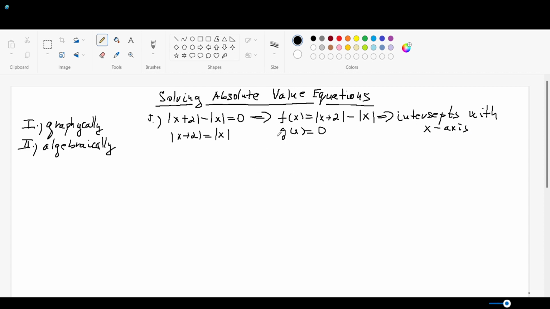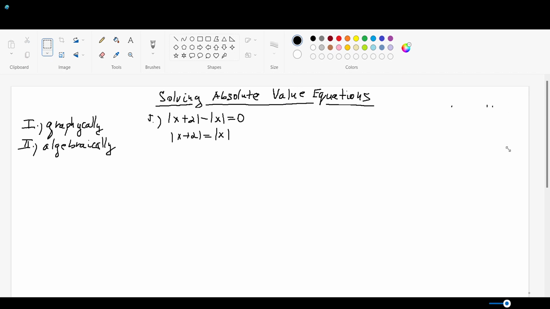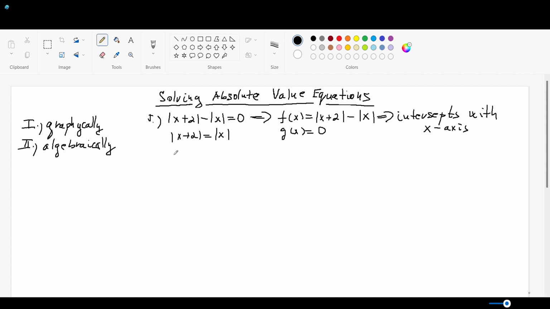But as you will see, to solve this equation graphically, the easier way is to solve this equation, but it is of course the same equation from the point of view of the solutions. Okay, so